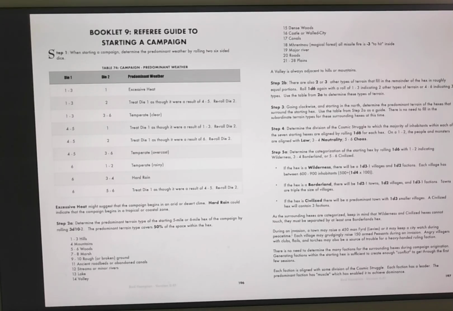Booklet 9, and this is what started me on this path back in July. I had just been doing a lot of Stratego stuff. I was watching some videos on YouTube, and there was this guy that had advertised he was going to set up a campaign using OD&D and Chainmail, and then proceeded to never show us anything from OD&D and Chainmail, used a bunch of GM emulator stuff, and that torqued me off so much that I took Chainmail the next day